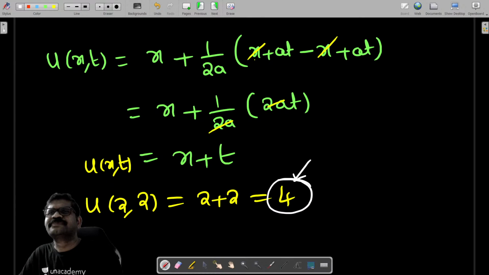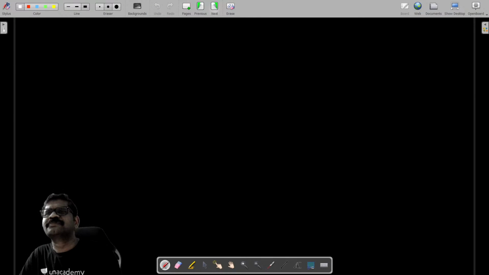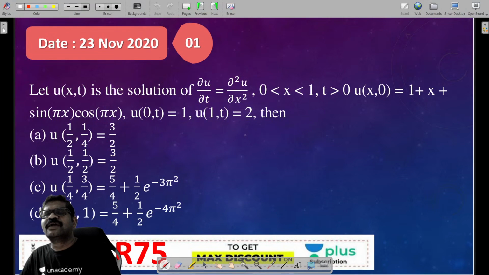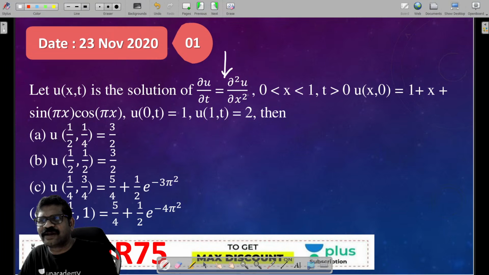Next problem. Let u of x comma t be the solution of del u by del t equal to del square u by del x square. It is a diffusion equation or heat equation, you can say one-dimensional heat equation, for 0 less than x less than 1. u of x comma 0 is 1 plus x plus sin pi x into cos pi x. u of 0 comma t is 1. u of 1 comma t is 2. Then,